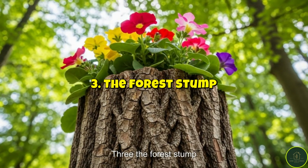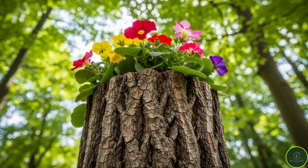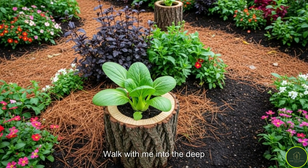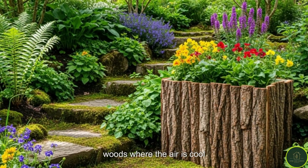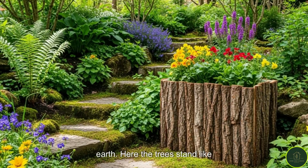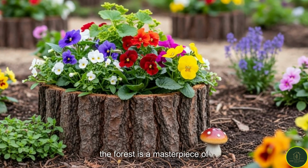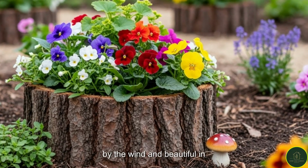Three, the forest stump, bark cladding. Walk with me into the deep woods, where the air is cool and smells of pine and damp earth. Here, the trees stand like ancient sentinels, wrapped in coats of thick, rugged bark. This skin of the forest is a masterpiece of texture, scarred by time, etched by the wind, and beautiful in